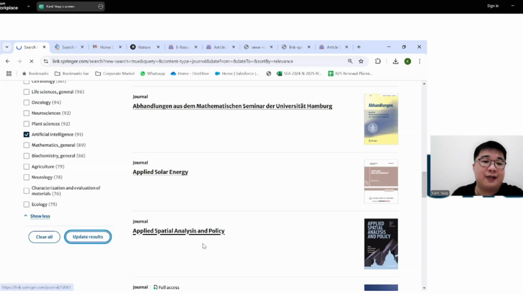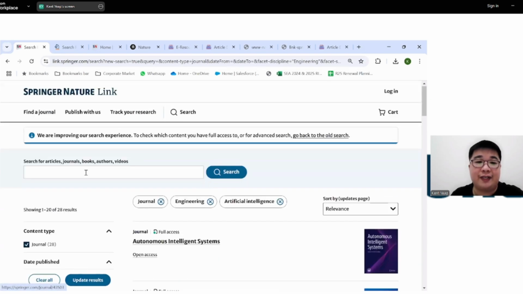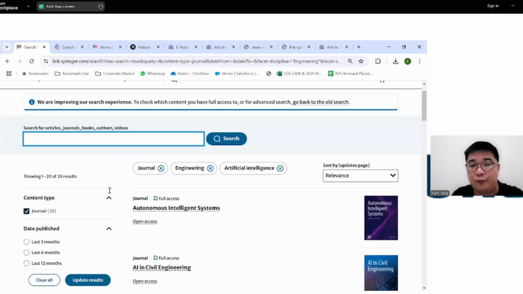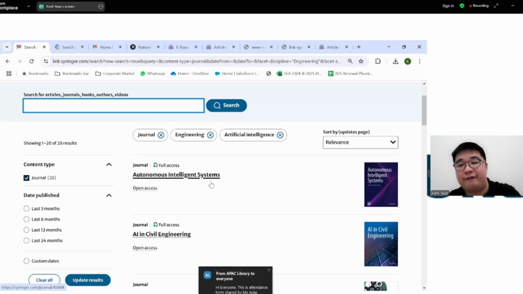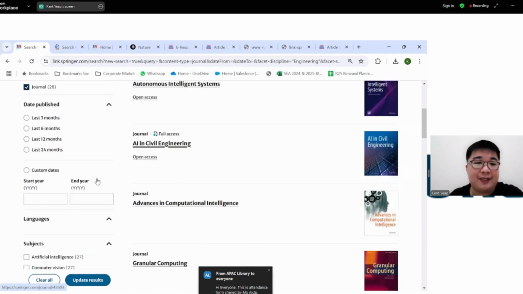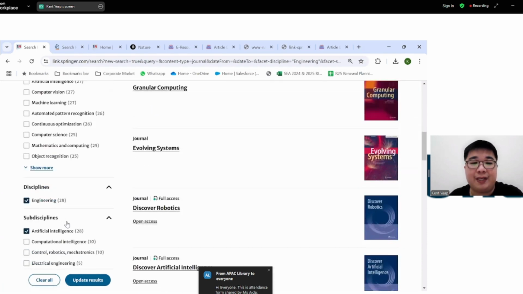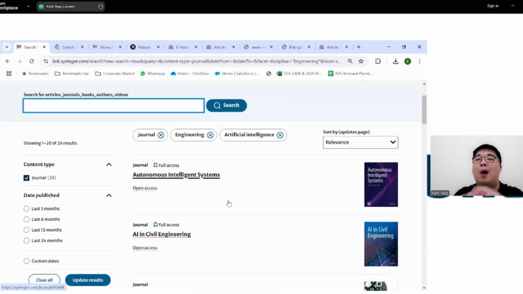I click update results. This gives you a better sense of it. So you can play it both ways. The problem with the keyword approach is that it cross-references the name of the journal itself rather than what's inside it. Filtering by sub-disciplines, disciplines and subject matters probably gives you a wider range of capture for the journal you might be looking for, right?